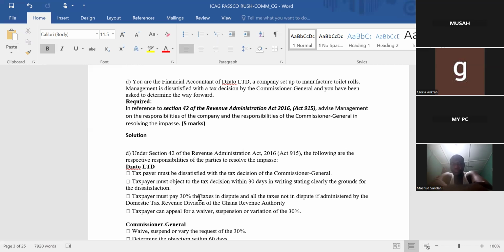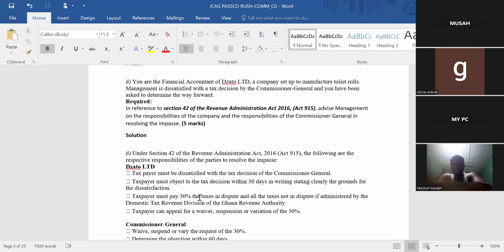So after writing to the Commissioner General, if he actually didn't handle your issue well, previously people went to court. Currently, you cannot do that. Now, they have come out with something called the Independent Tax Appeal Board. So when the Commissioner General handles your objection and you are dissatisfied, both the taxpayer and the Commissioner General have the right to refer the case to the Independent Tax Appeal Board. This is an 11-member committee chaired by a Supreme Court judge.